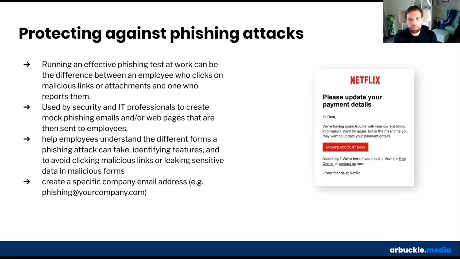And creating a specific company email address, again, another great best practice, in addition to running tests, is creating a phishing@yourcompany.com type of email address where you can catalog these types of routine attempts and build your own specific catalog and inventory of threats that you yourselves as a business have faced. You can set that up in some sort of email inbox or email group that others can see, and create an open dialogue that your employees can contribute to.